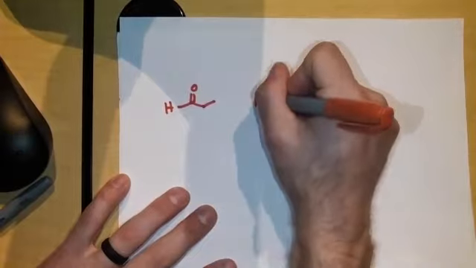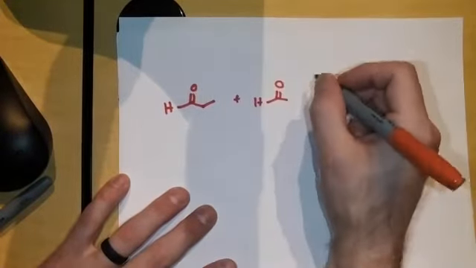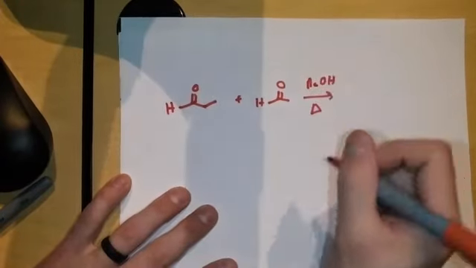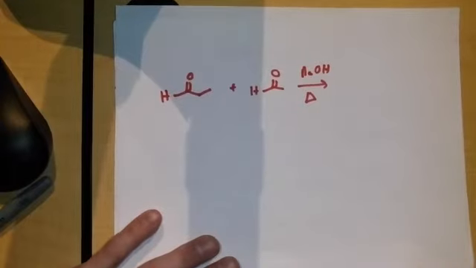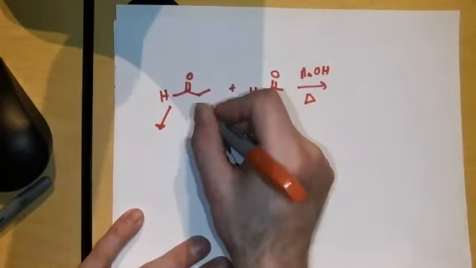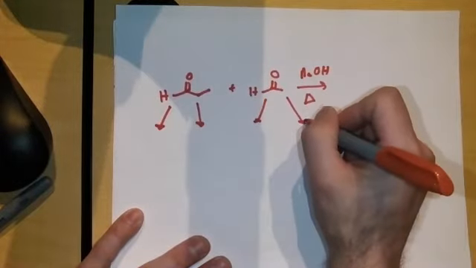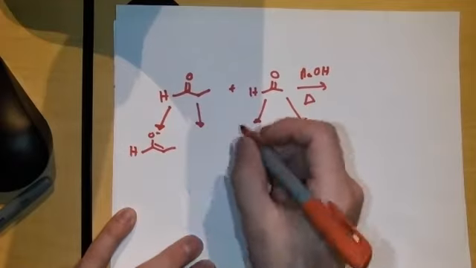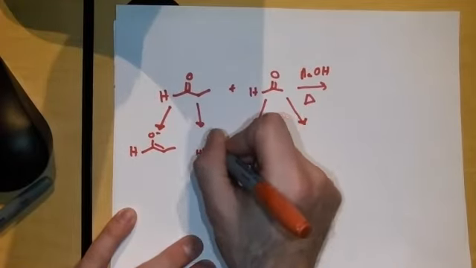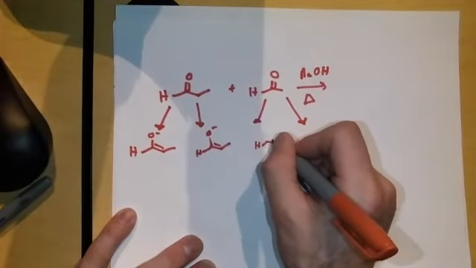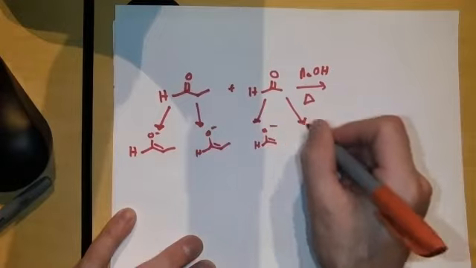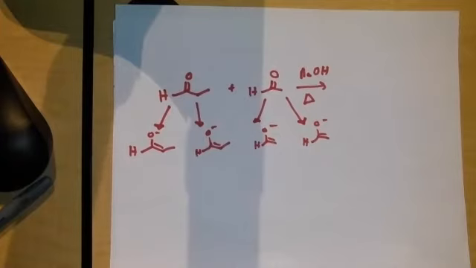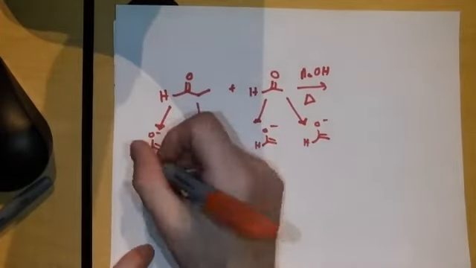We've got 2 different aldehydes plus NaOH and heat. So each of these can form an enolate. I'm going to draw them both twice. These are going to have 2 different partners they can interact with. So for this first one, if it interacts with itself,